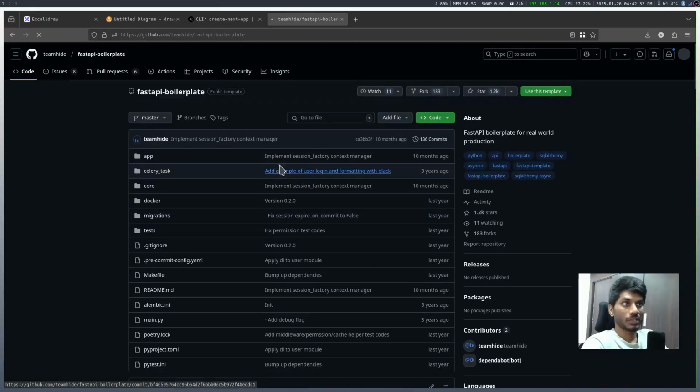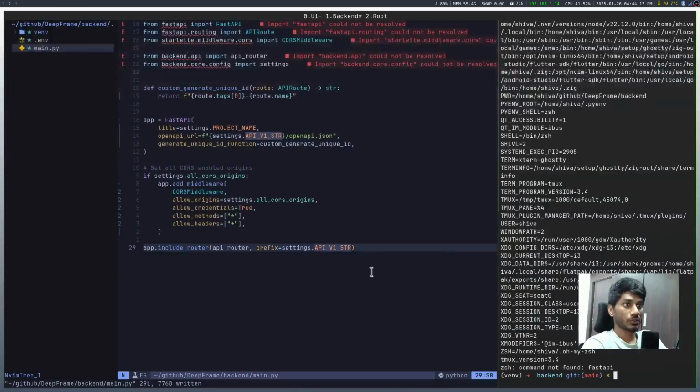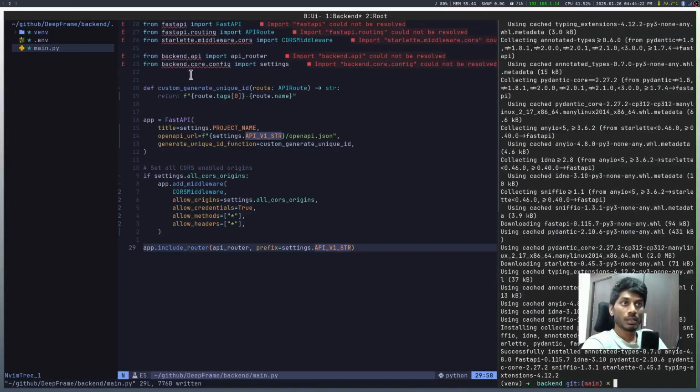But I've customized it before, so I'll end up using the same thing that I already have. This is a good boilerplate to start with, and I need to install FastAPI, and that will solve most of the issues here. I'll need Starlette, and I would need